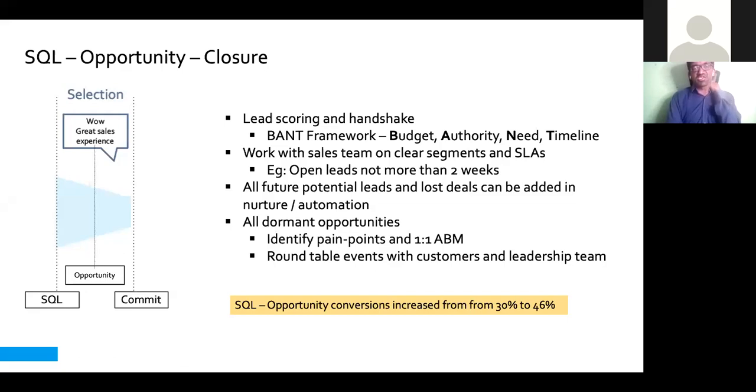So that's one, right? The next is, if you segment the set of opportunities that sales folks would have created in a period of time, there will be a set of opportunities which are hot, a set which might be in the warm stage, and some of them would be in the dormant stage, right? Dormant stage opportunities are the ones where people are saying, I definitely have a requirement, but I am busy for the next 2 months, so can you please come back after 2 months? We'll restart the conversation. So it's very, very important to engage with these dormant opportunities